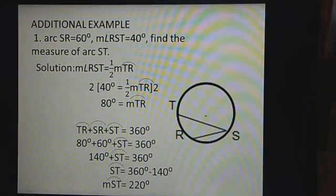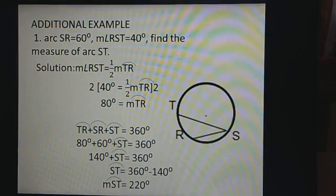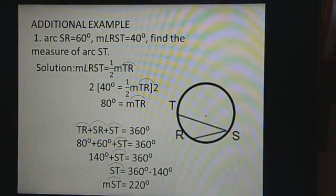So, magbigay pa tayo ng mga examples kung paano natin i-apply yung mga relationships na yan ng chords, arcs, central angles, and inscribed angles at yung mga theorems na yan. So, number 1, another example. Arc SR. So, we have arc SR is equal to 60 degrees. Arc yun ha. And then the measure of angle RST is equal to 40 degrees. What is angle RST? That is an inscribed angle. Sabi dyan, find the measure of arc ST. So, yung arc ST, yung malaking arc, yung major arc. So, kung ibinigay si arc SR at ibinigay si inscribed angle RST, how are you going to find the measure of arc